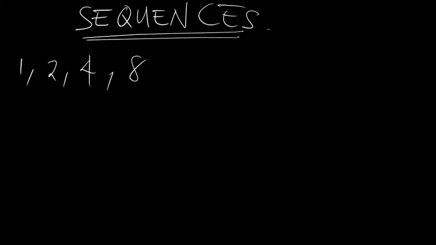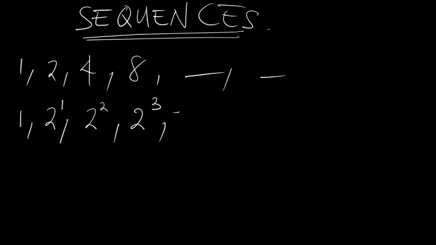Now if you look at these numbers, there is an increment. The first one is 1, the second one is 2. Now 2 raised to power 1, the next one is 2 raised to power 2. That is the pattern I'm seeing. The next one is 2 raised to power 3. So now if I was asked to find the next three terms,